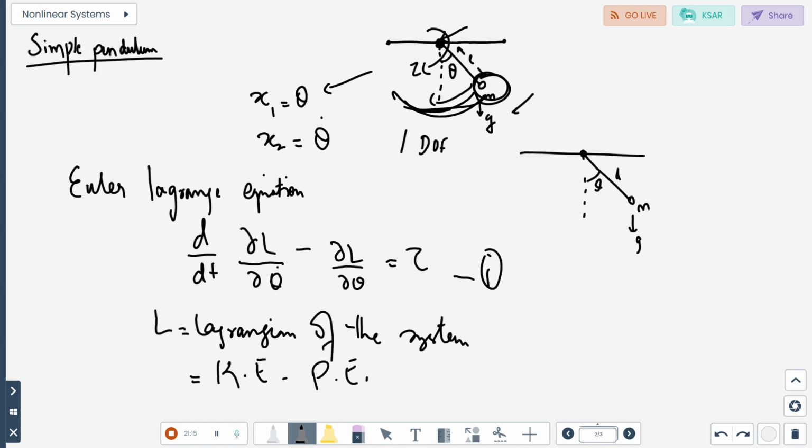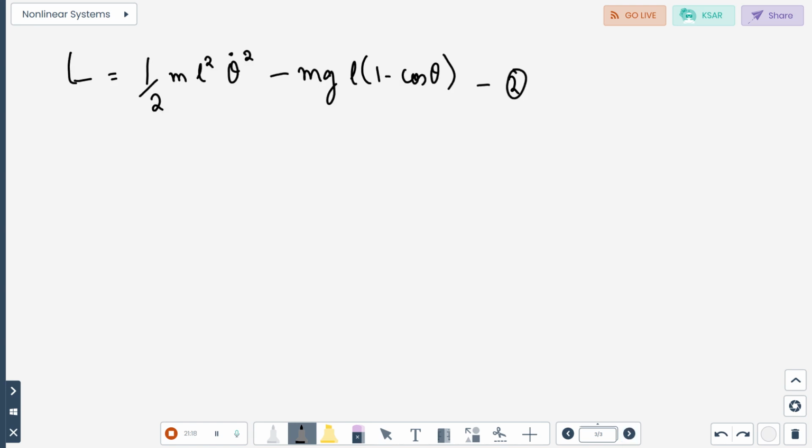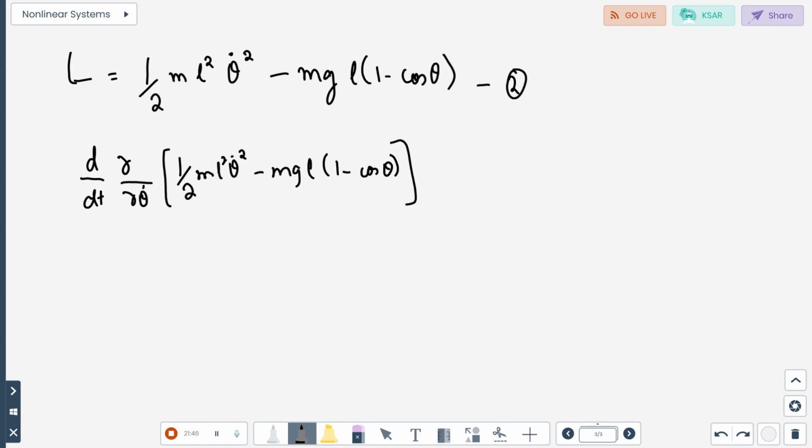So put L here in this equation, so that means we'll be getting d by dt of del by del theta dot of L, where L is 1/2 of ml square theta dot square minus mgl (1 minus cos theta), and